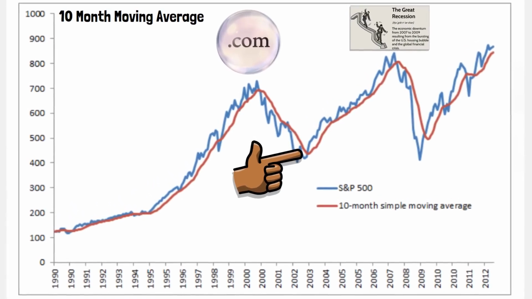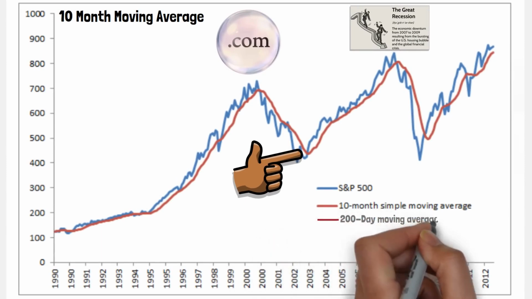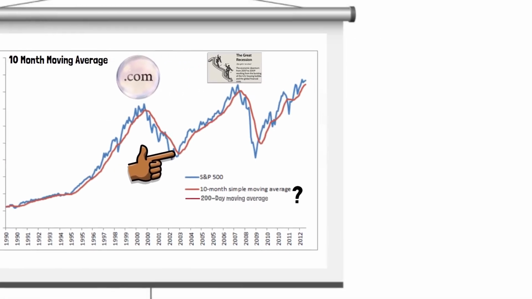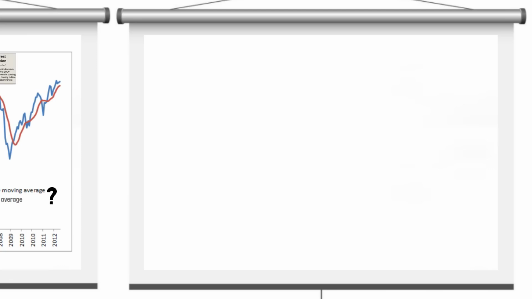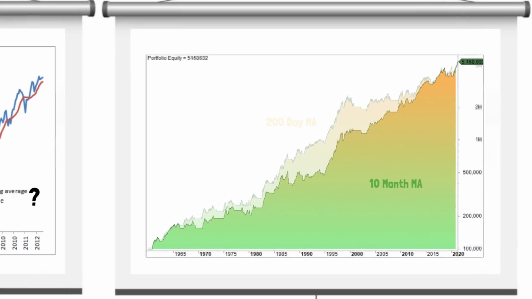But which method is best? The 200-day moving average or the 10-month moving average? We can directly compare both moving average strategies by aligning the equity charts together. Here we have the previous 200-day moving average strategy, and if we overlay the 10-month moving average strategy,